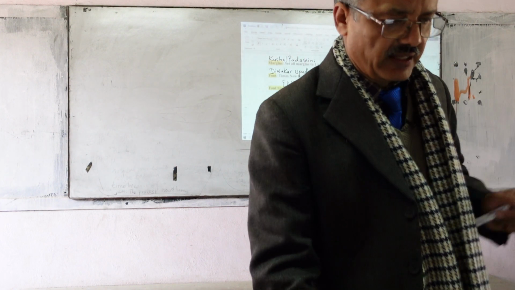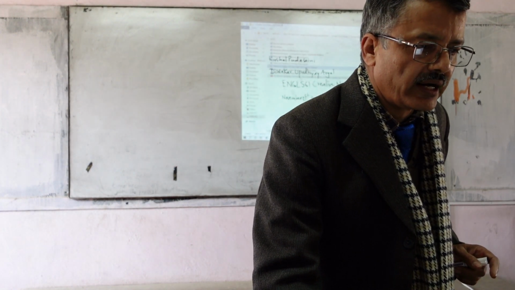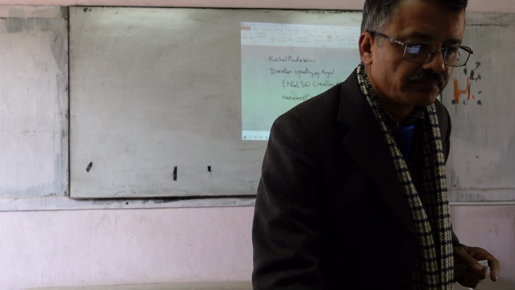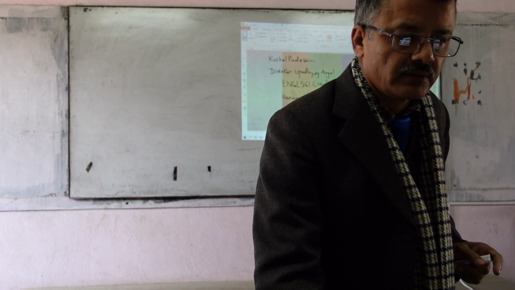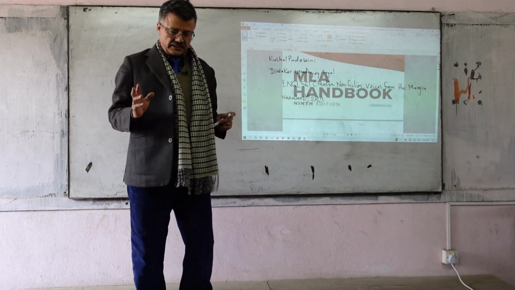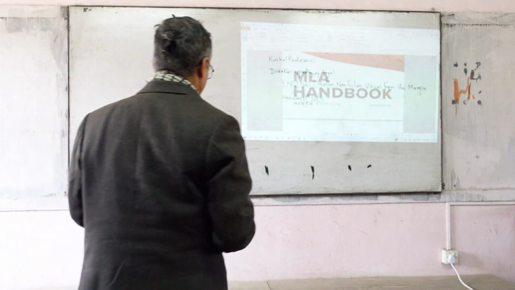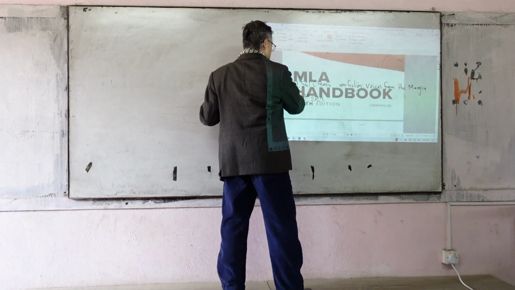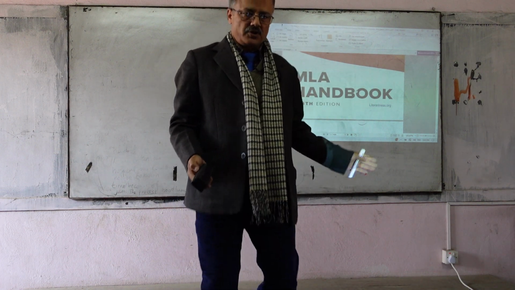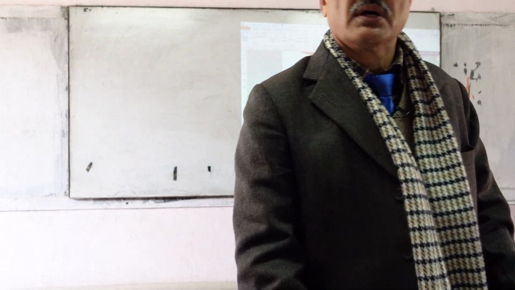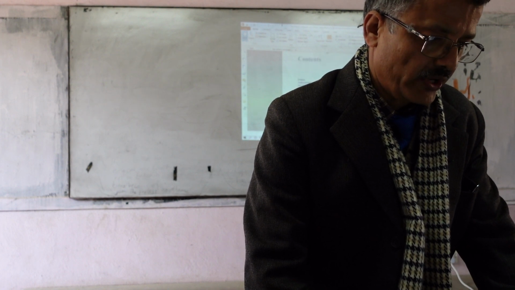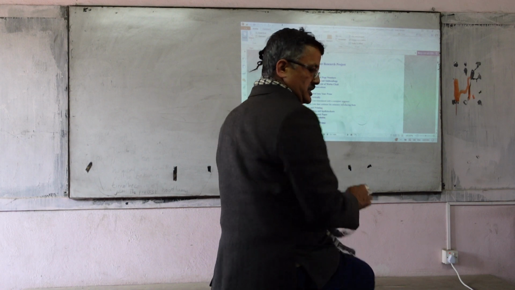Now for these things, I won't tell you these things. What you should do is, for example, here is a book. You can get a soft copy or hard copy of this book. You can buy one from the local shop, or you can buy one online, or you can see if you can read online. So you should consult the MLA Handbook 9th edition. For example, if you go to the table of contents and check what is there, quickly let's have a quick look. Look here. So you have information about